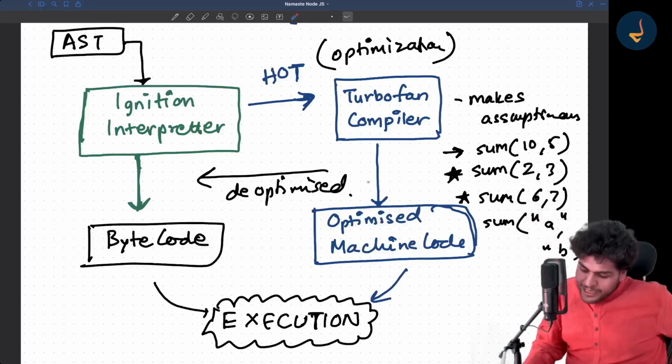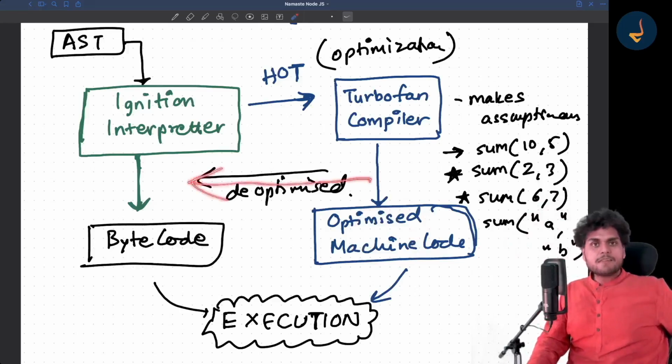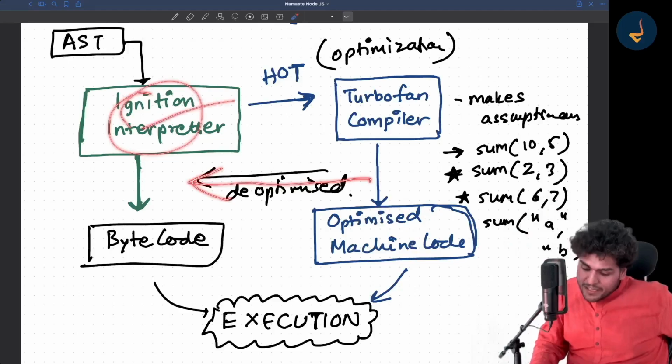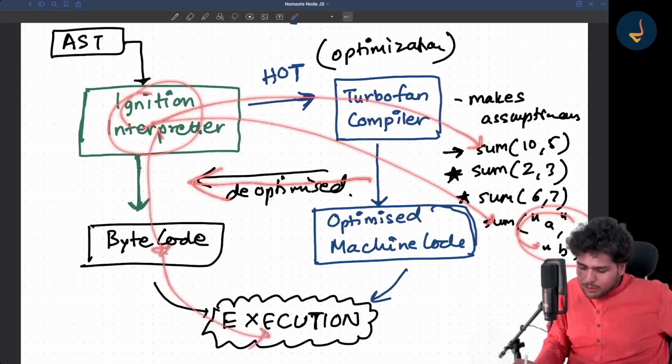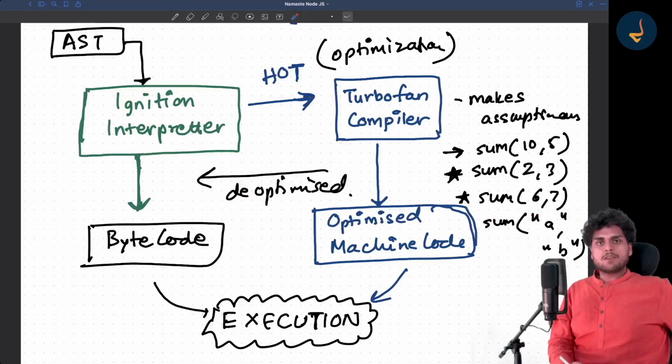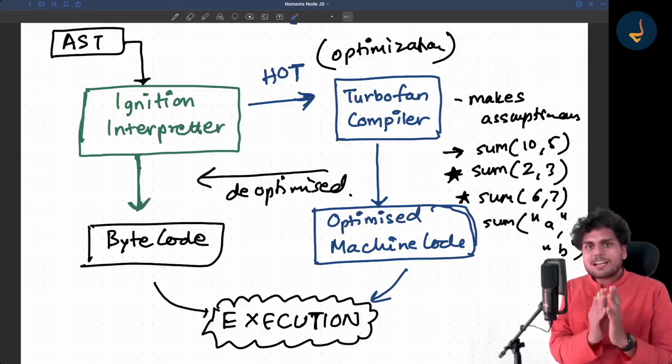So it will de-optimize the code, and then the Ignition interpreter will again call the sum function with A and B as two strings, convert it to bytecode, and execute it. Do you understand that or not?